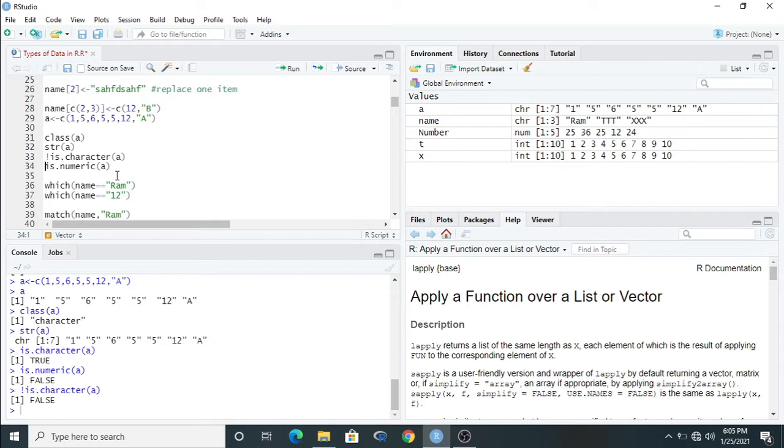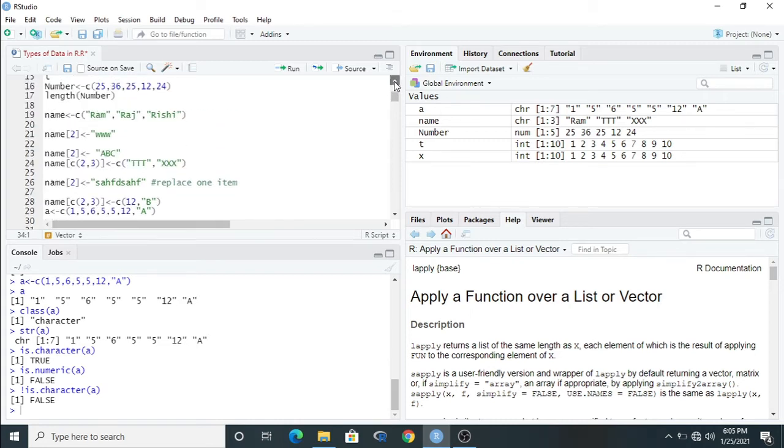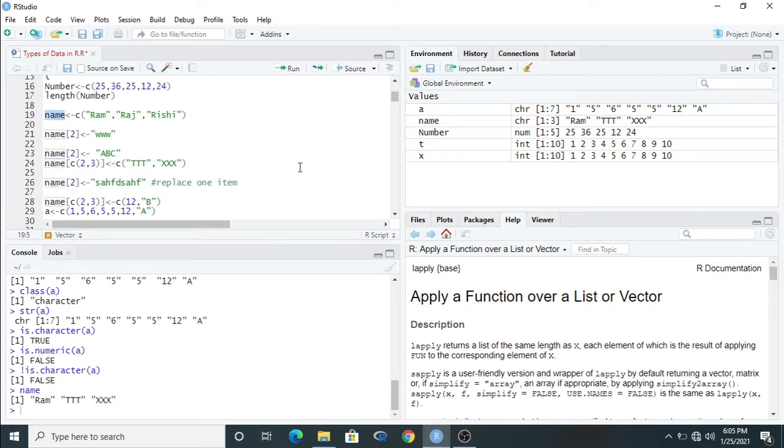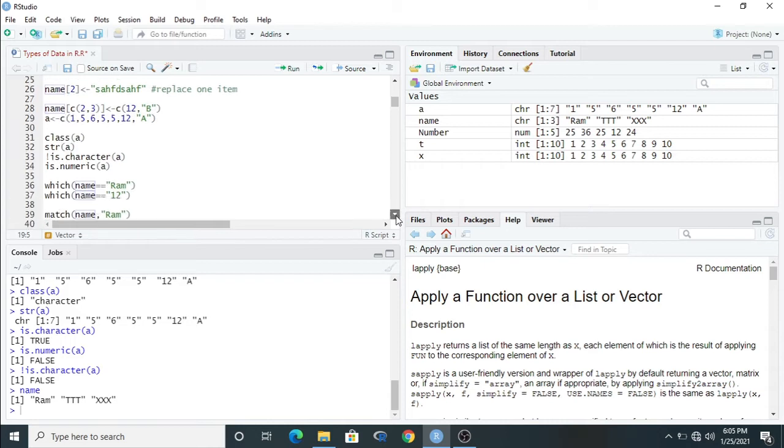And the next point is when you want to identify the position on the basis of an element. In the name vector there is a character RAM. Let me check once again whether there is RAM or not. Okay, the first element is RAM.